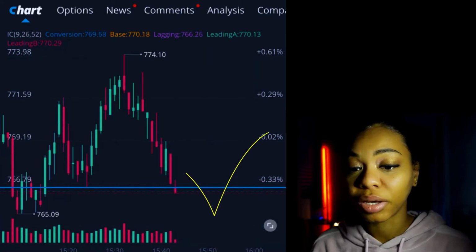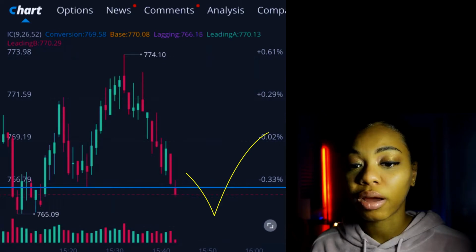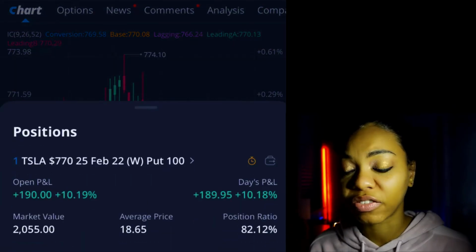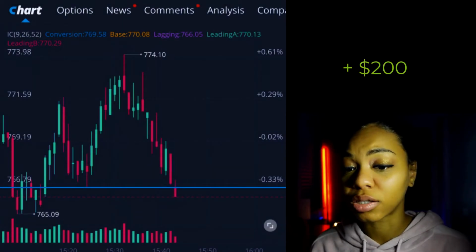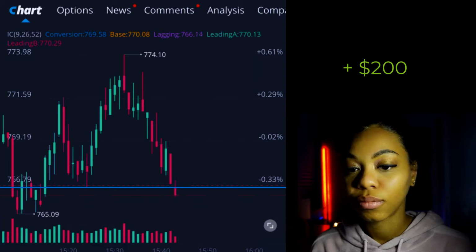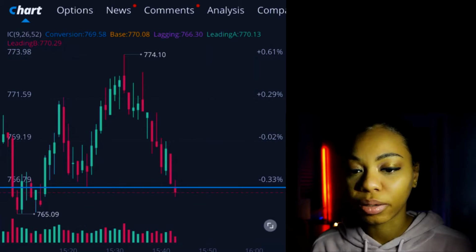This is a good sign for me because I'm making money on the stock going down. So I will prepare to draw my second target now. My second target will be at 765. I'm at $200 profit. It's stalling there a little bit,